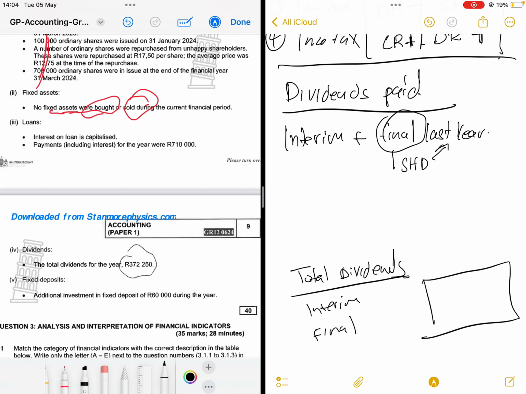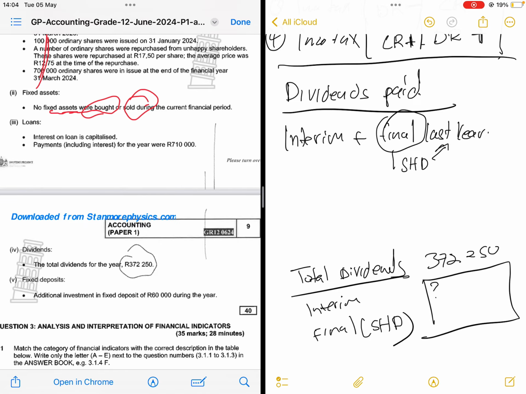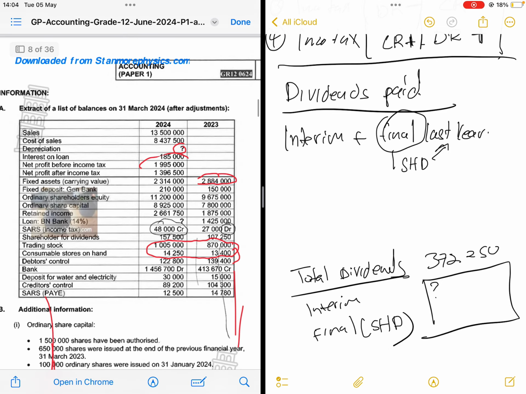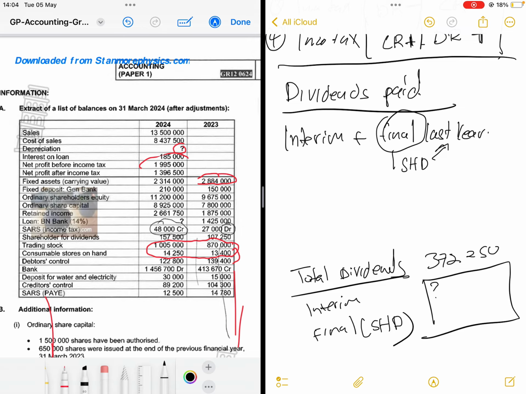So I have the total dividends of 372,250. I need the interim. The final, I know that is the shareholders for dividends. So I'll go to the information, get the shareholders for dividends for this year. This year, shareholders for dividends 2024 is this guy,